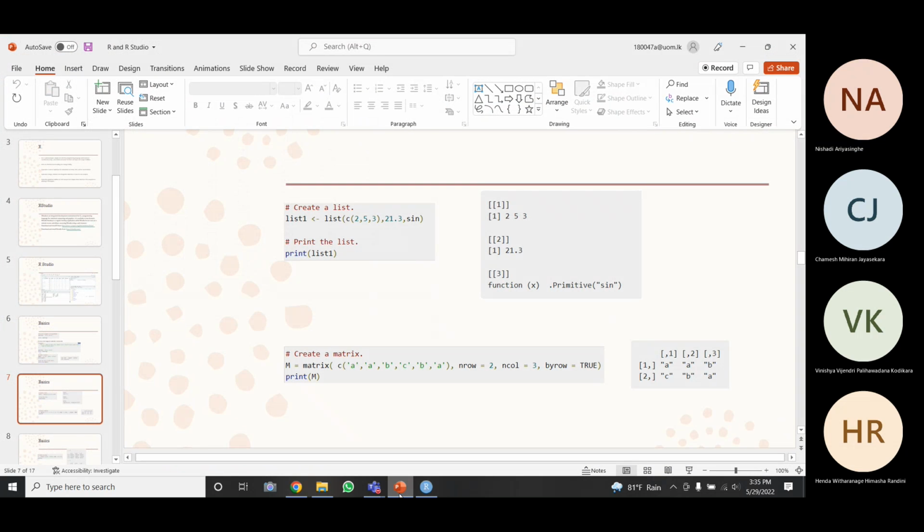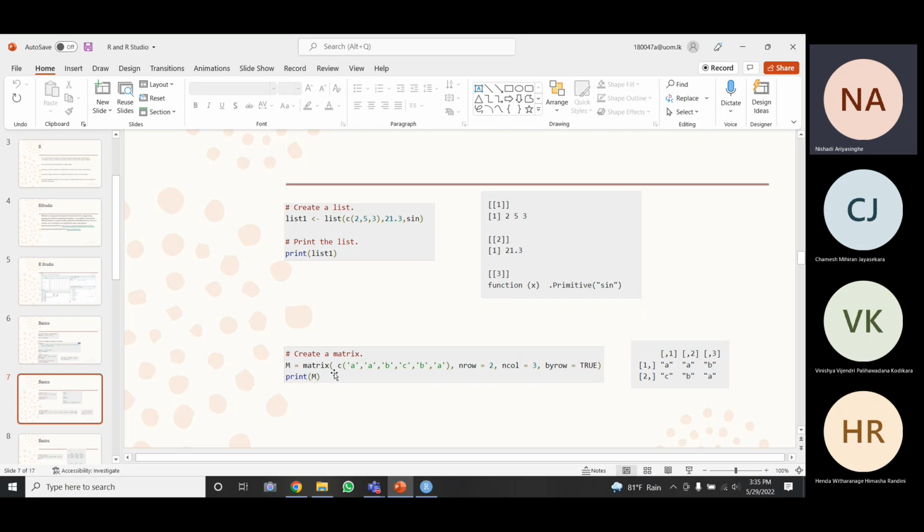I told you another way to store data is by creating a matrix. So you can create a matrix like this. A matrix has both rows and columns, and one element in a matrix has a row name and a column name, right? It belongs to a particular row and column.